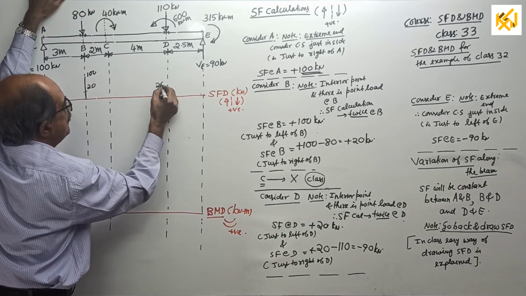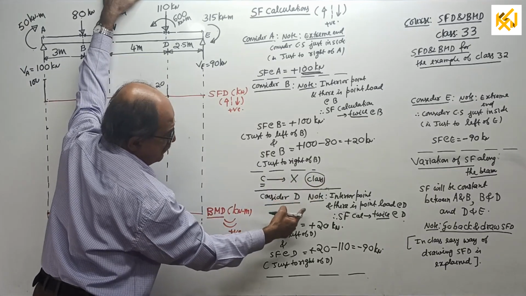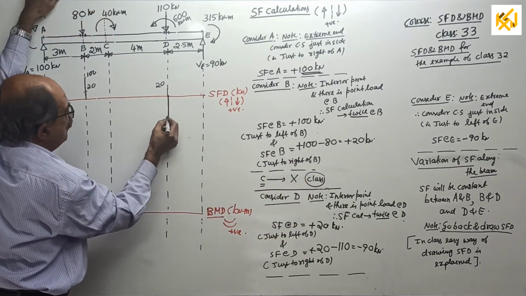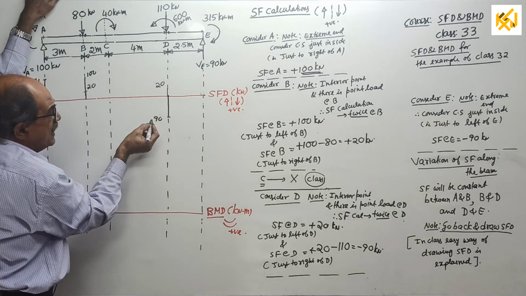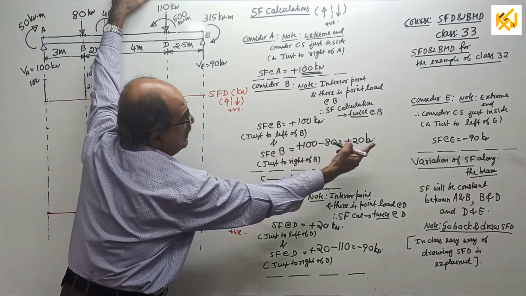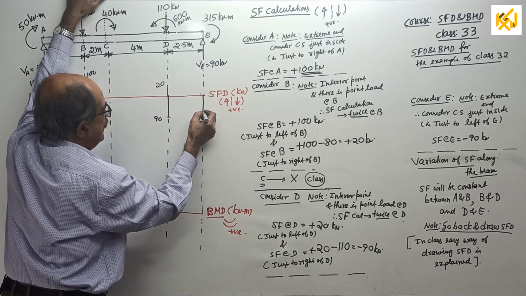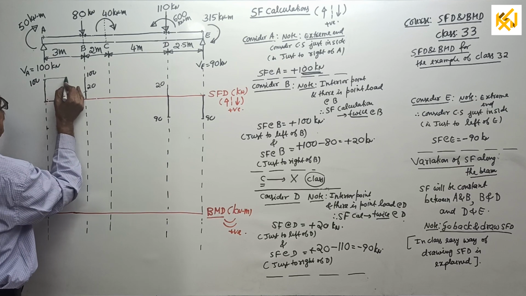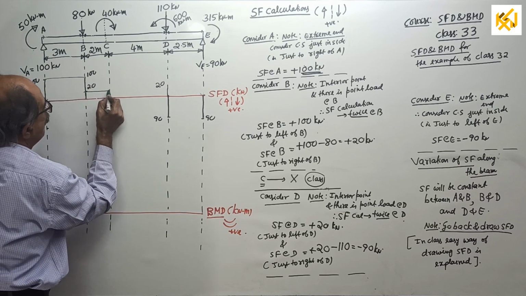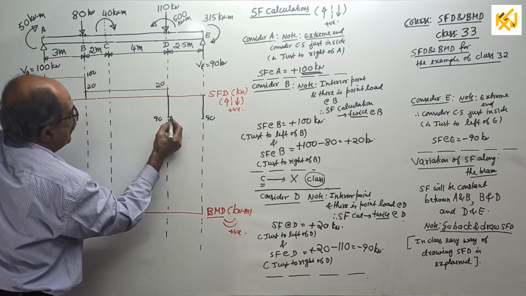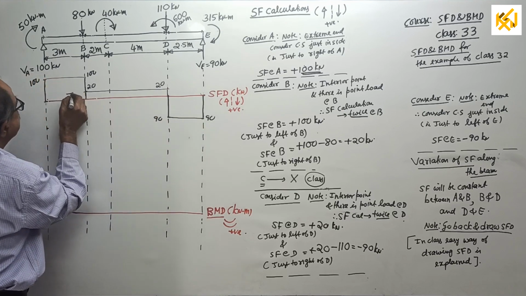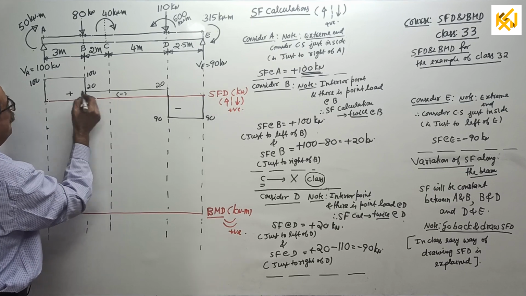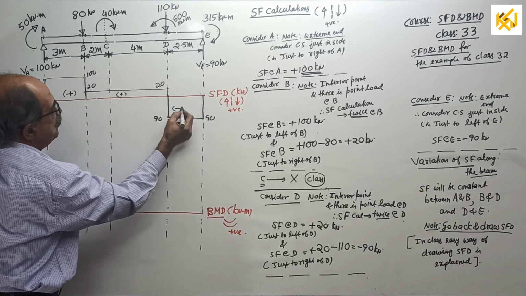Plus 20. Just to the right side is minus 90. 100 is there, okay. 90. Do not write minus here. And at E, minus 90. So constant from here to here, also constant, here to here also constant. Write plus here and minus here. That's all. If you want one more here, okay, negative, positive, negative.